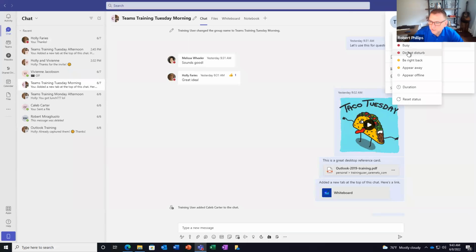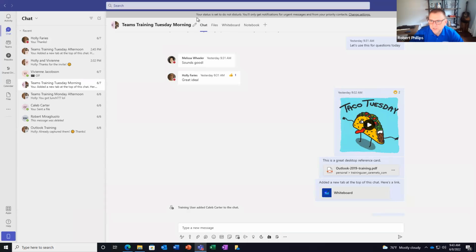If I click on Do Not Disturb here, which I will do, you'll see it changes it, and it also says my status is set to Do Not Disturb. I won't get any notifications right now. So if Vivian or Holly or Melissa or somebody could just send me a chat message. I'm going to minimize this down. I'm going to go back